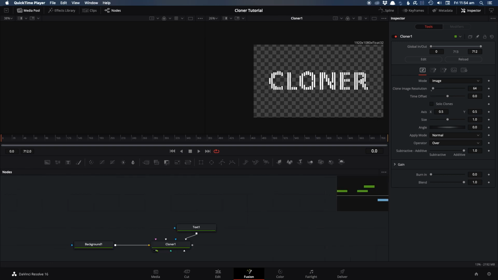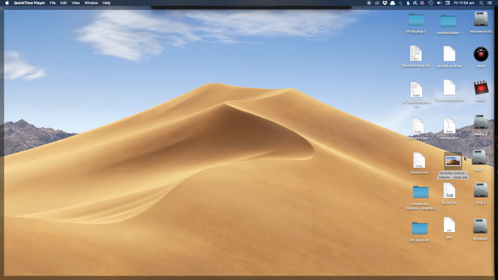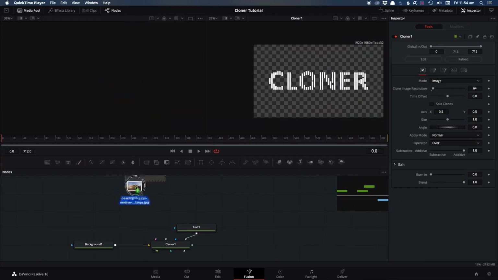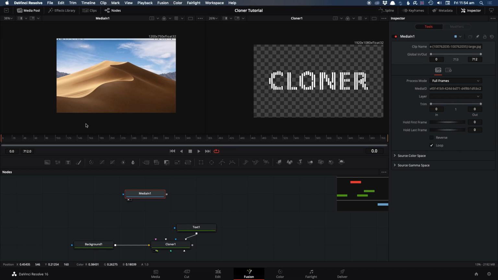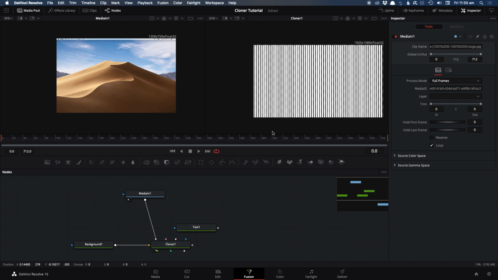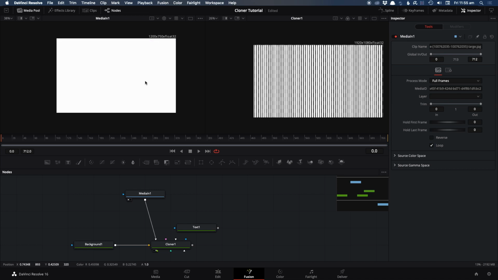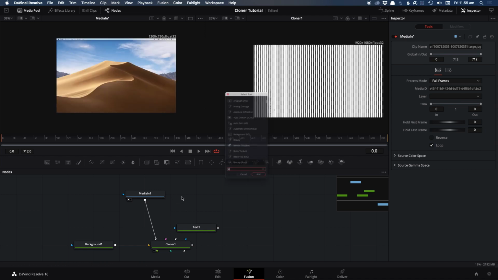To demonstrate this further, if I grab this picture, which is the desktop picture from Mojave, the sand dune, and right click, image to clone to, you see it doesn't really do anything interesting. It's just as if it was a grid, because the alpha channel of this is completely white, as you can see by hitting A. So what I need to do is grab a bitmap,